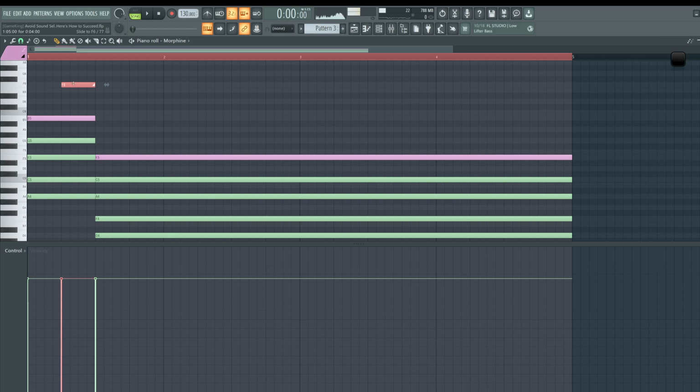So usually I pitch slide down 7 notes, or to the 5th. That's a cool thing you guys could try. It just adds a little more movement. So it's like that.